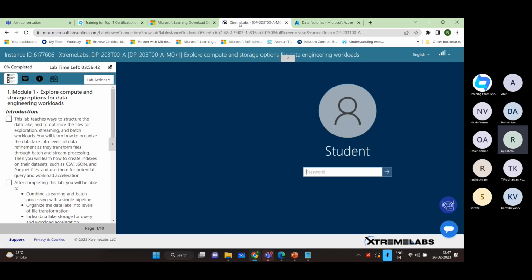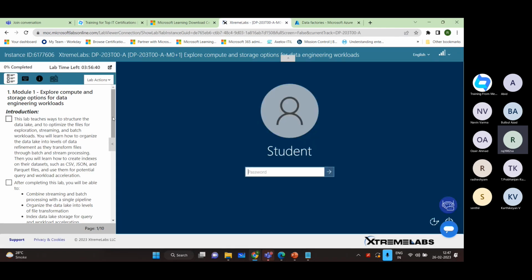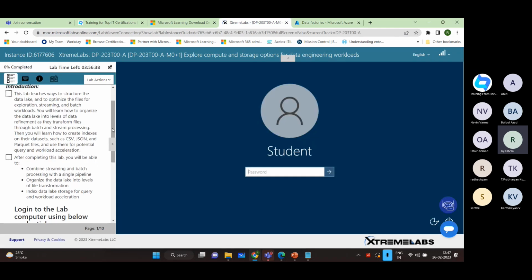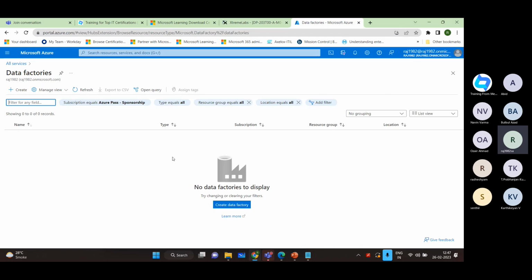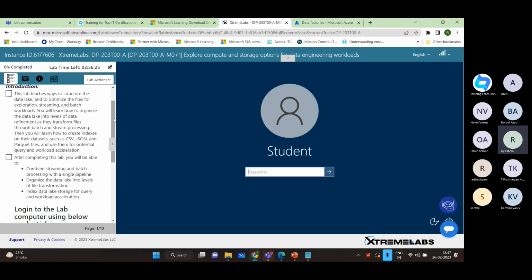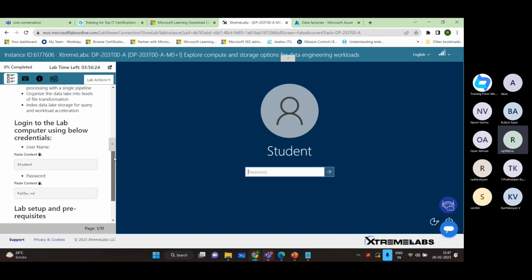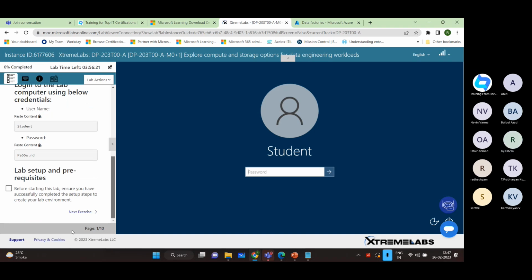Go to Extreme Lab and you can see this is what I was talking about, chargeable labs. This one is not chargeable. It is only the Azure passes, $100. It will take a very small amount, and you get 30 days, and you can log in and try each and every service. The same thing is available in Extreme Lab, but the difference you can see here, or LOD. You just log in, and then